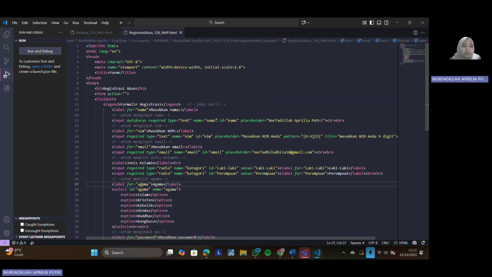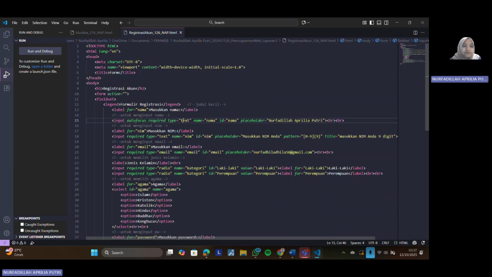I want to explain this. So autofocus, when the page is opened, the cursor will automatically go to this input box, and also required, the user must fill this input. If it is empty, the form cannot be submitted.